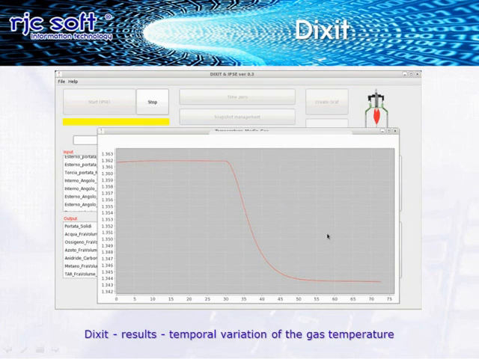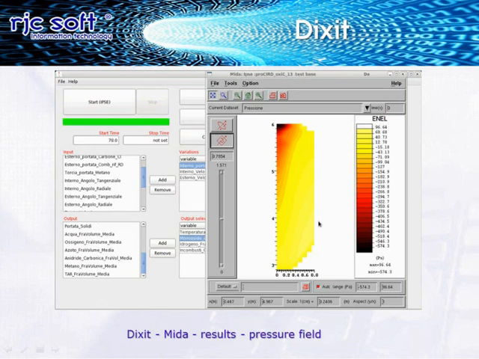With Dixit coupled with a two-dimensional viewer, you can get maps of the usual scalar and vector fields calculated by the IPSE simulator. As an example, here it is shown a map of pressure distribution obtained at the end of the previously illustrated transient variation. To conclude this presentation, we can say the three-dimensional code IPSE provides the maximum degree of information